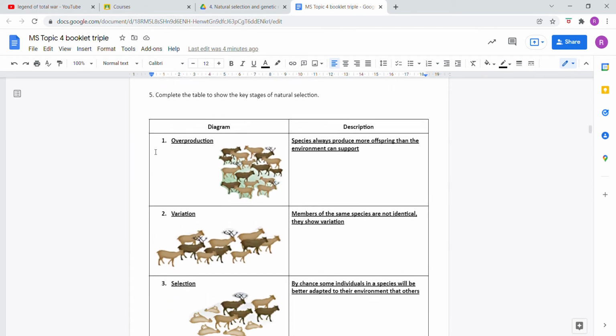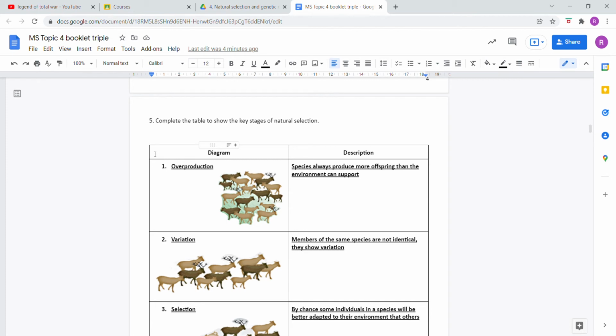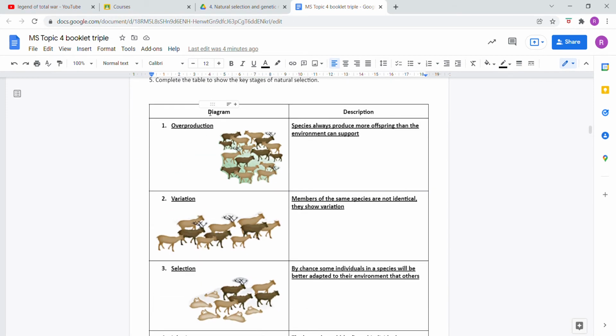And then a nice summary of the stage of natural selection. If you're asked to summarize natural selection for 4 marks or 6 marks, these are the things you should be talking about. Pictures aren't too important, but they're there to kind of highlight. So we've talked about these things already. So first one and second one kind of go hand in hand, but we think of them as stage 1